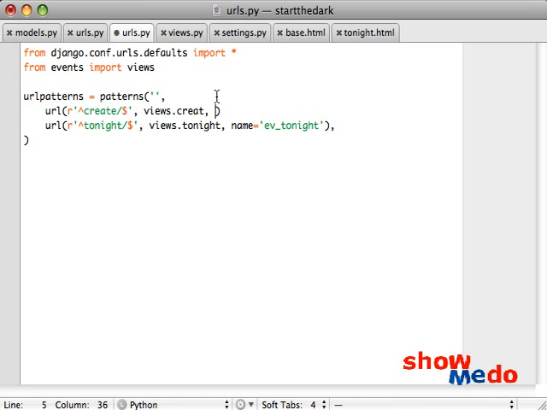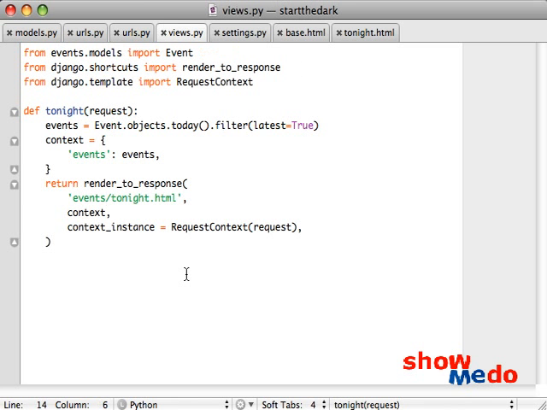Views.create. Name will be ev create. And make sure to put a trailing comma, which I usually forget. Okay. The next thing we'll do is def create request. And right now we're just going to put a pass, because first of all, we need to create a different